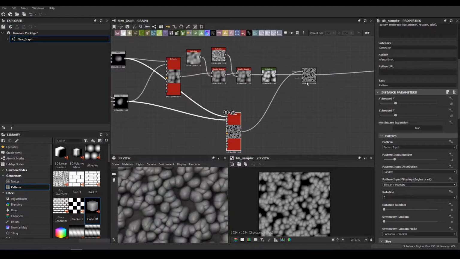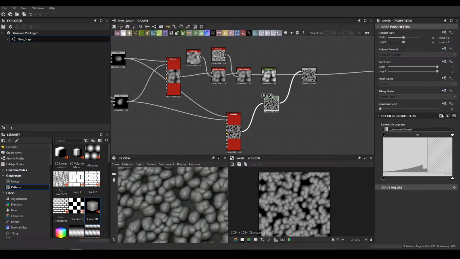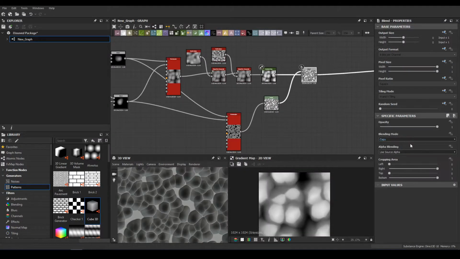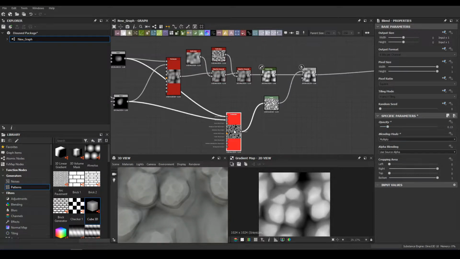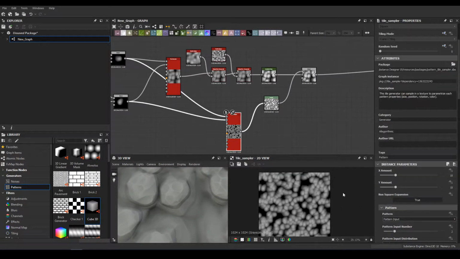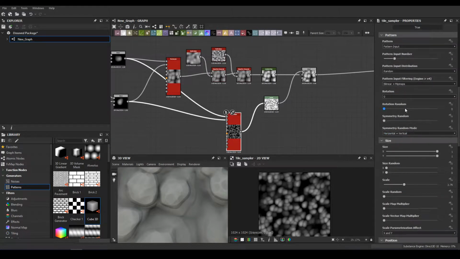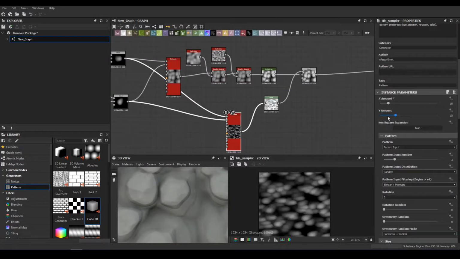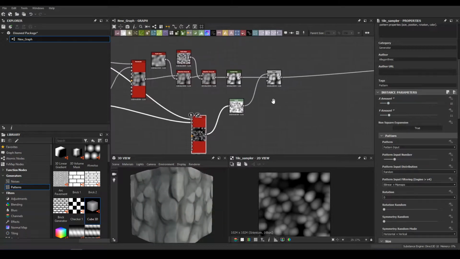So for example, if I come back here and create a levels to invert this one and use a multiply, let me decrease, make something like this, but I will use the color random and decrease a little bit the size of this, maybe decrease the X and the amount. Okay,